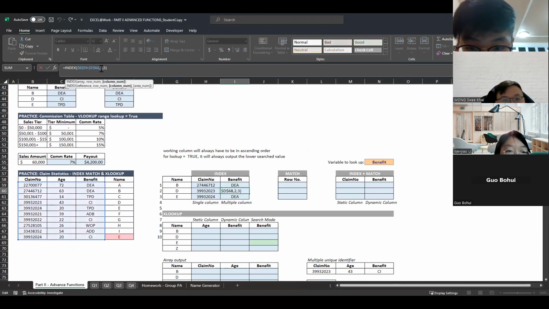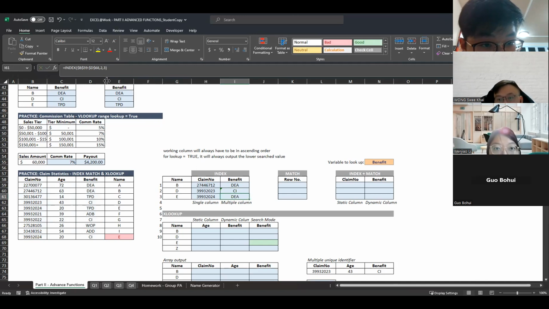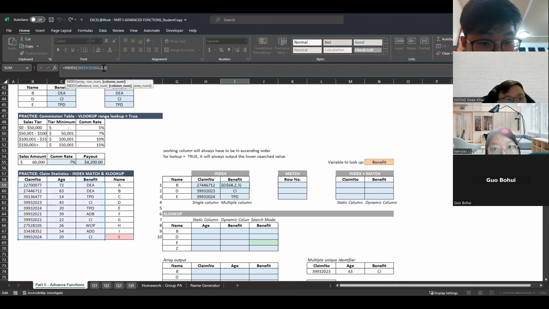Let's change the columns here. I mean, let's change the row again. This is 5. And this is 4. Sorry, 4, and this will be 5. And then I'll get the different columns. So you see that I can always pick a column and row, and this will give me a particular output from there. But of course, you must know what I'm looking for and what column I'm looking at. Then you can try to do something from there to make it a little bit dynamic.